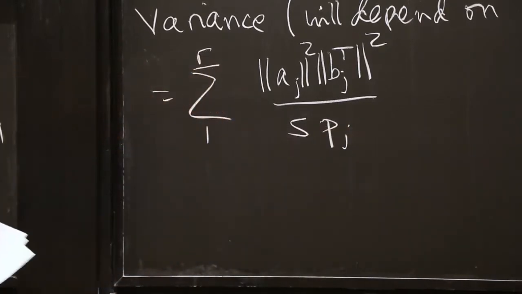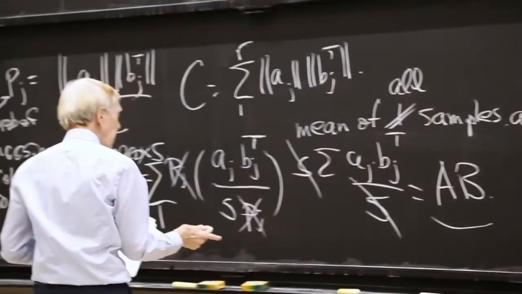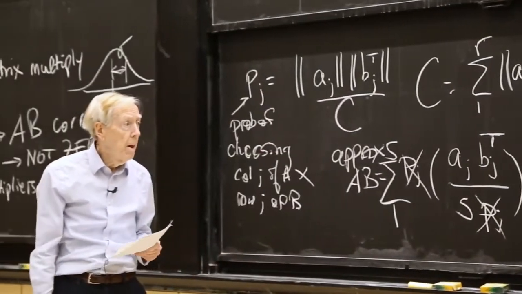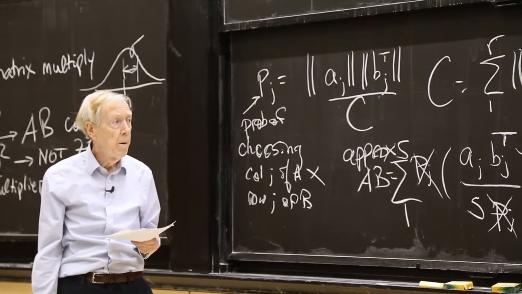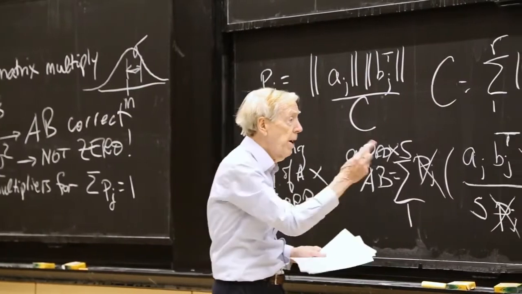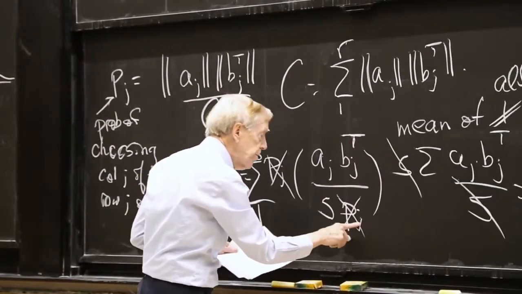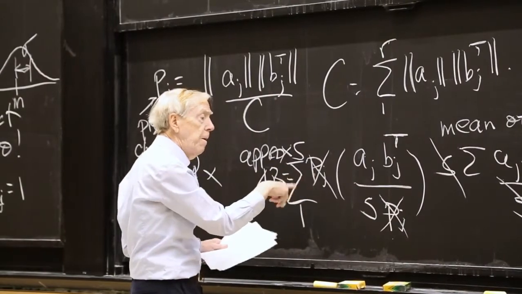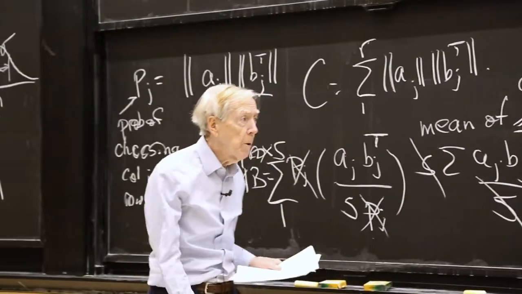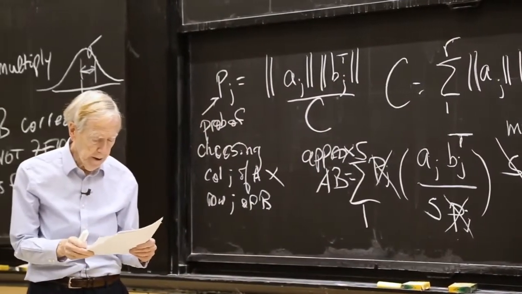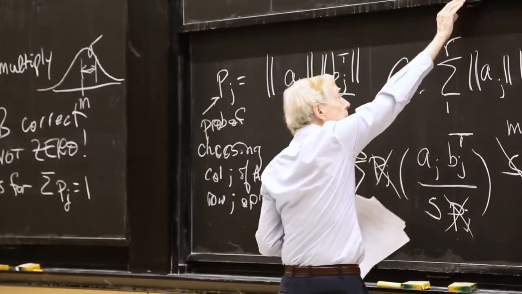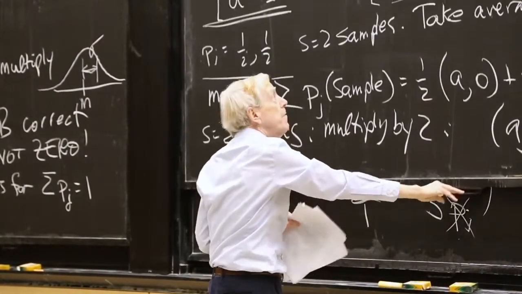So why is there a PJ there when it canceled here? So here the PJ, when I multiplied by that, canceled. Why doesn't it cancel over there? Because it's squared over there. Over there, this thing is squared, so it was PJ twice. Here I have PJ, it's probability once, so I still have a PJ in the denominator, one factor of PJ in the denominator. And so what I'm doing is computing the variance this way.